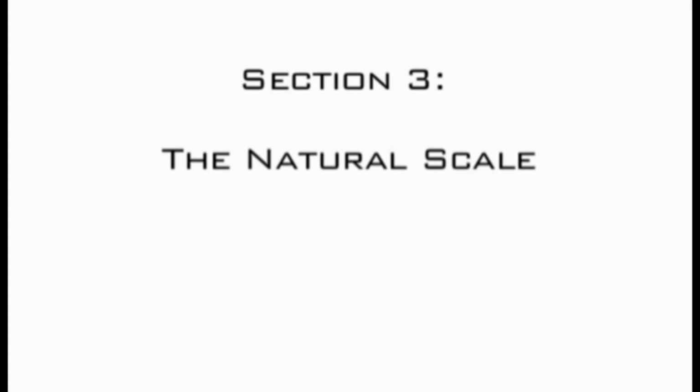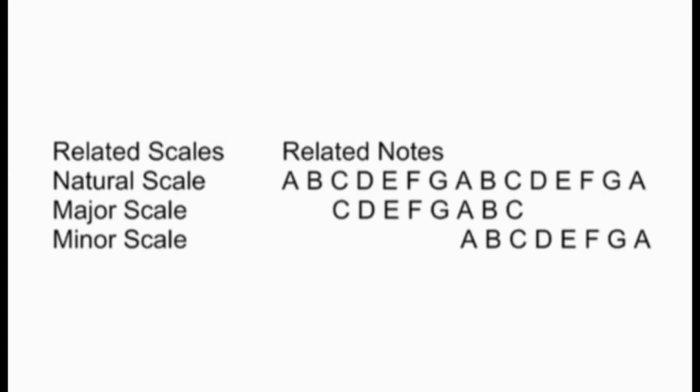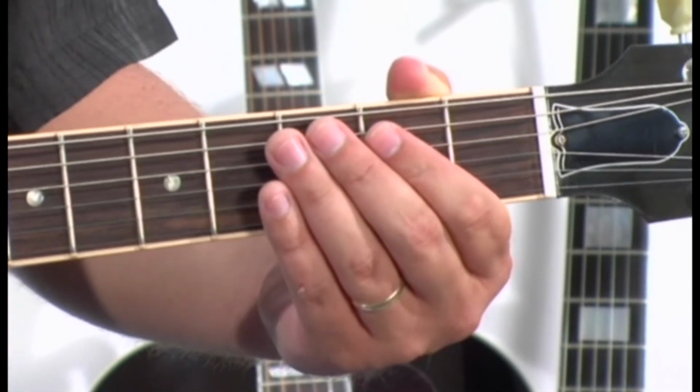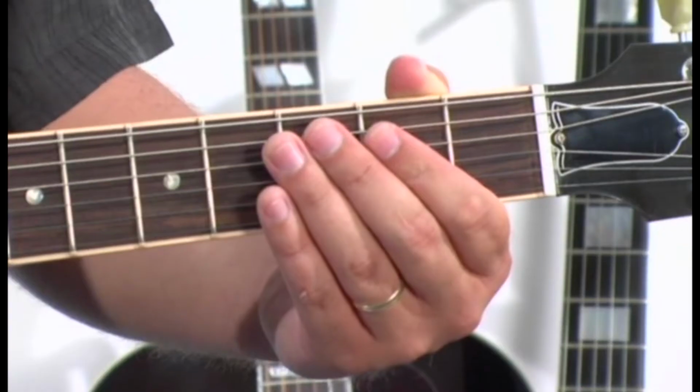The natural scale consists of the notes A, B, C, D, E, F, and G. It's called the natural scale because it consists of all the natural notes and no accidentals, meaning no sharp or flat notes. Scales are the key to writing music. The notes of a scale complement each other and can be used together to create melodies,